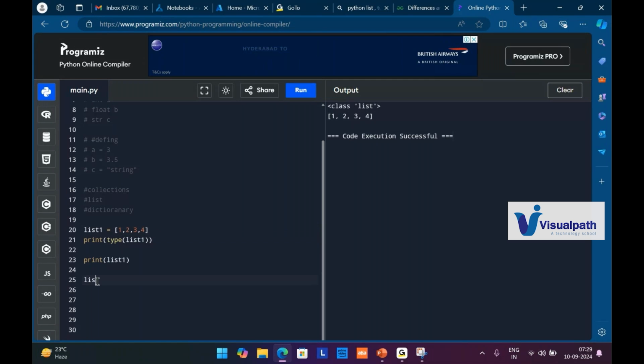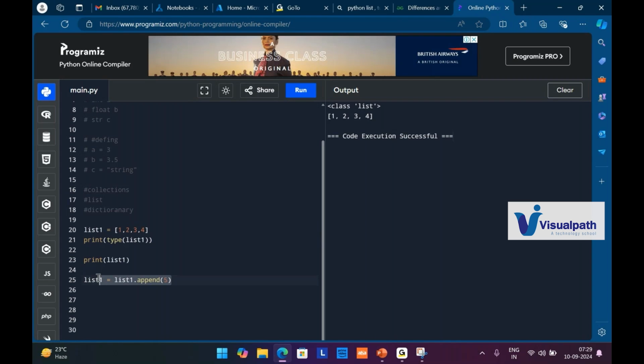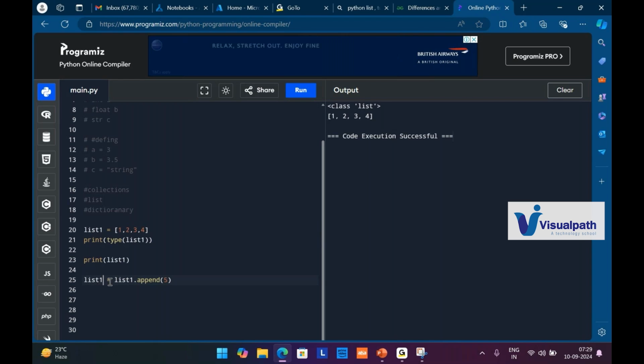For adding a value we have a method called append. So I will add some value called 5, and then I will assign this list again to list 1. That means whatever list we have here, we are trying to add some value and replace the same list again, so that we'll have a new list. So when I print the list one,